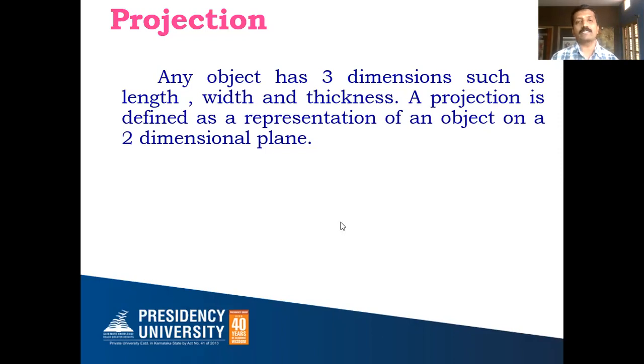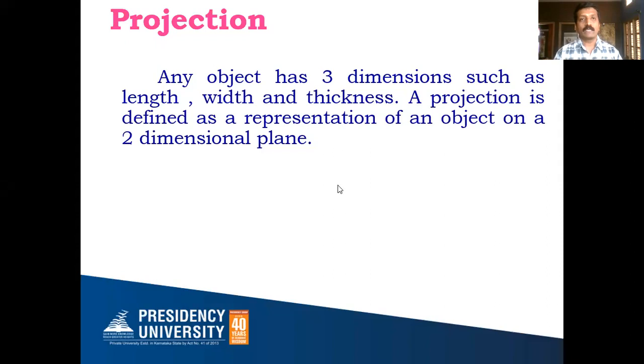This is the principle, or the procedure, that we have to follow irrespective of the type of object that we are projecting. Let me take two minutes before going to the types of projection. A projection, as we discussed yesterday, is the representation of any object, whether one, two, or three dimensions, on a two-dimensional plane. The two-dimensional plane might be your sketchbook, your screen, or your drawing sheet.